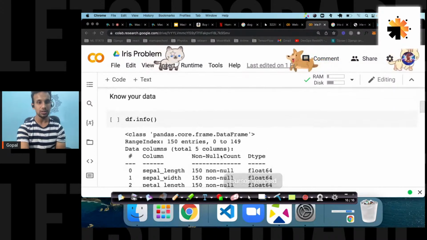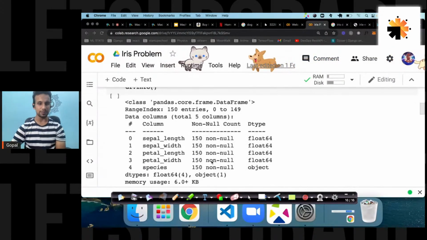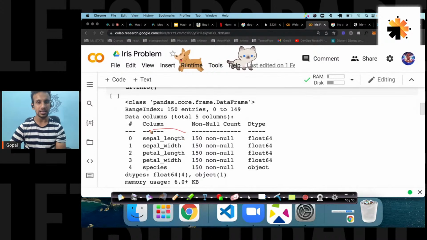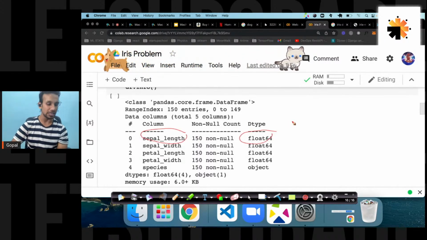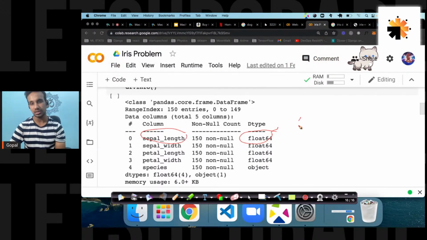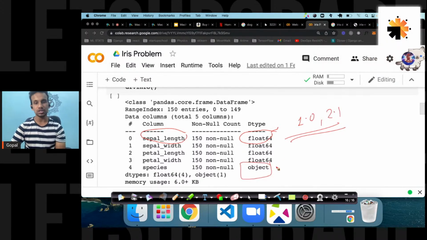Now when I call info, I will get back to it and explain exactly. We have sepal length and so on; each feature here is a float. We have two types of data types here: float and int. Right now every value is float, like 1.0, 2.1. These values are called float. An object is your string object here.